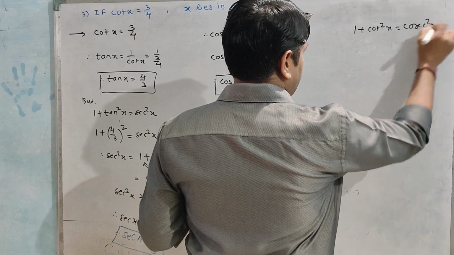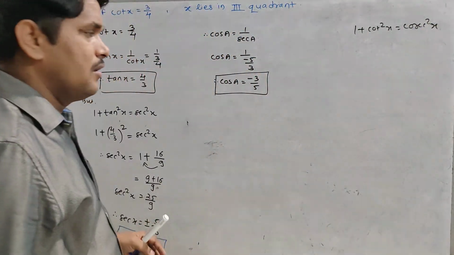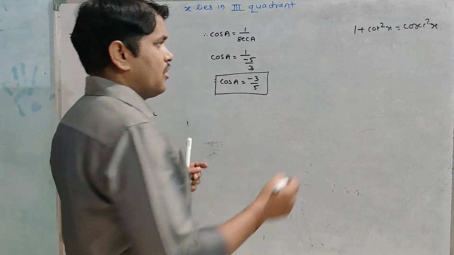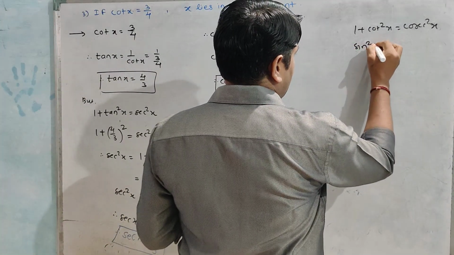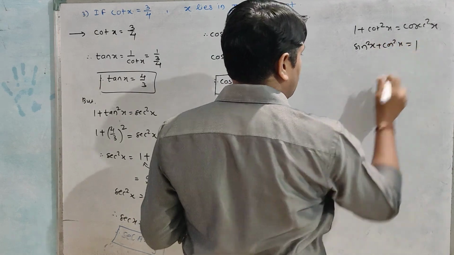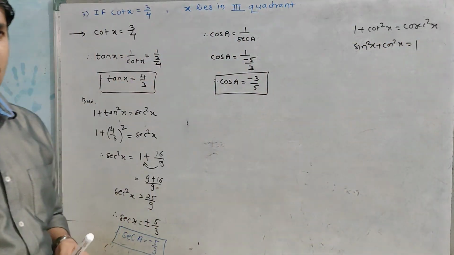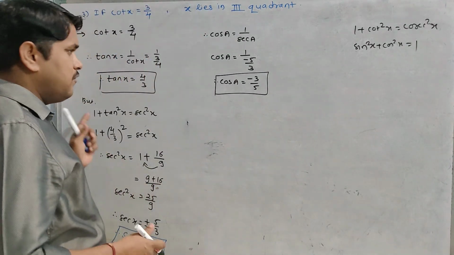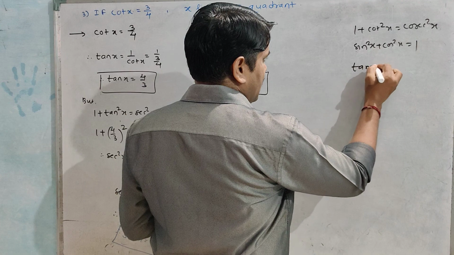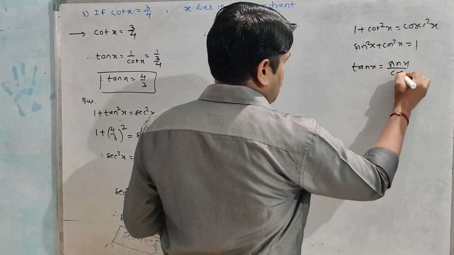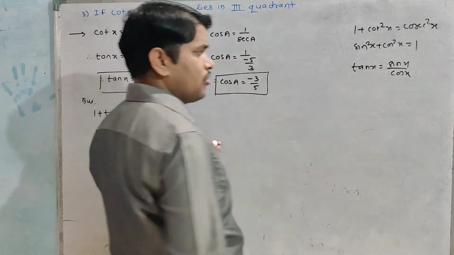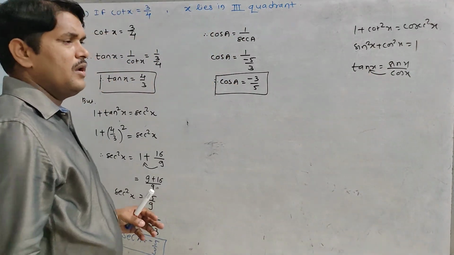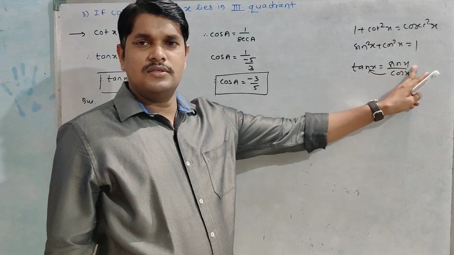So from this equation we get cosec, and if we take the reciprocal of cosec, we get sin. Or if we use sin square x plus cos square x equal to 1, again from this equation we can find sin. But there is another method. We have the formula for tan: tan x is equal to sin x upon cos x. We already have cos x as well as tan x. If we take cross multiplication, we get simply sin x.